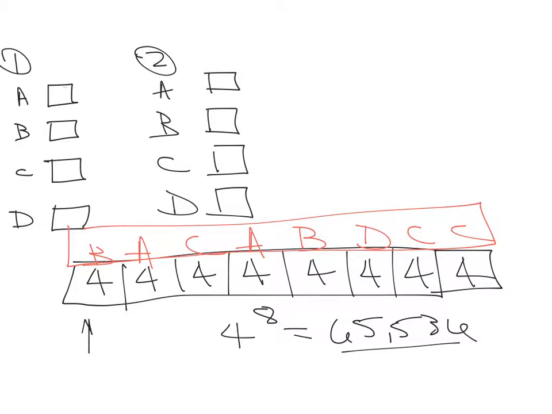So rather than actually write this over and over and over in different ways till we get 65,536 different methods,